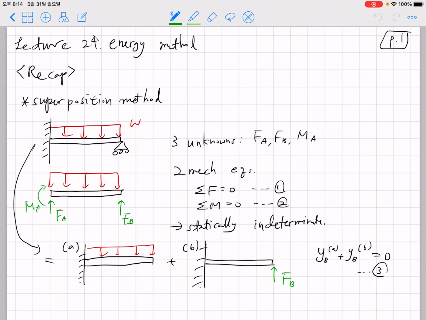Hi everyone. Today we'll begin a discussion on a completely new chapter called energy method. In this chapter, we'll discuss how we can obtain the deflection or deformation of structures under external loading using the energy method. Okay. Before we begin, let me give you a review of the previous class, and